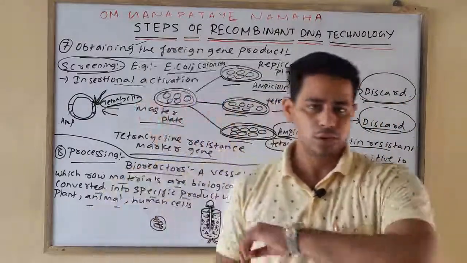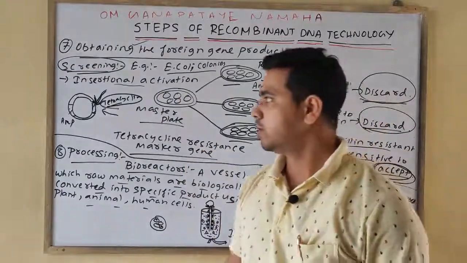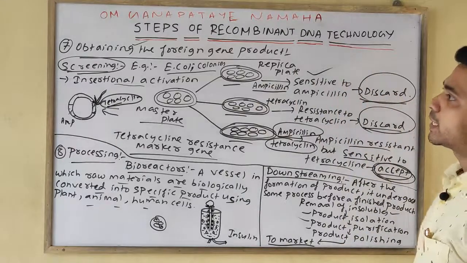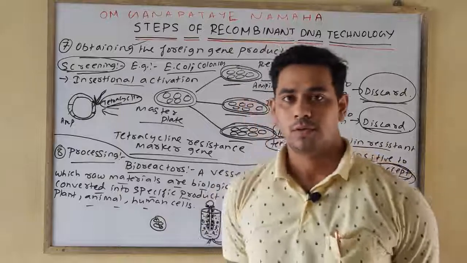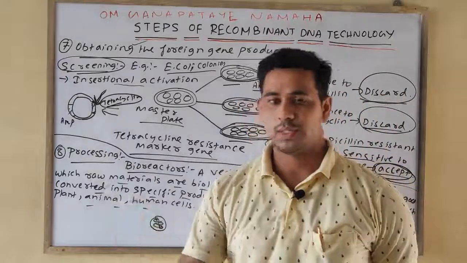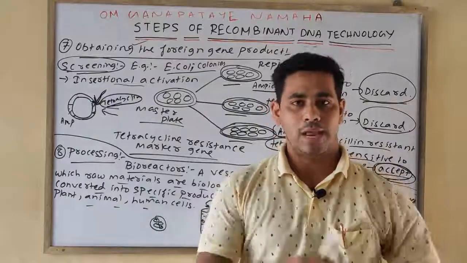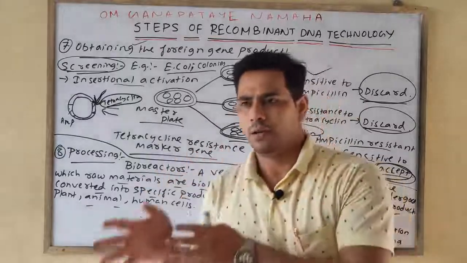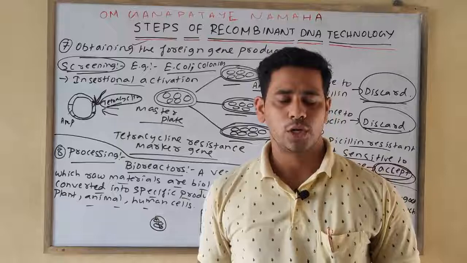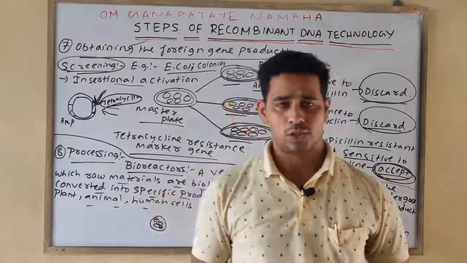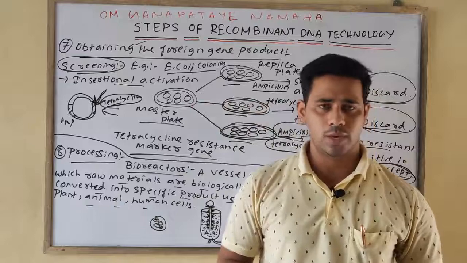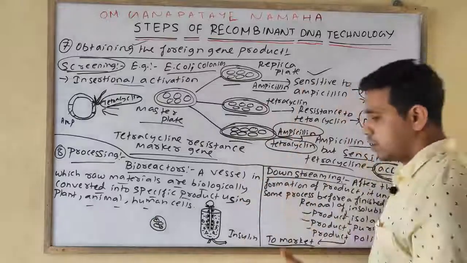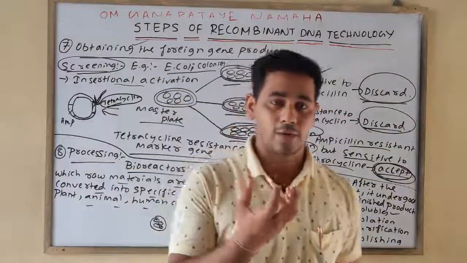Okay, so today we discussed various steps of recombinant DNA technology, in which we described 8 important steps. We described the isolation technique, how we form the recombinant DNA, and how we incorporate or transfer it into the host. It happens by 3 processes: transformation, transduction, and vectorless gene transfer. Next we described how it is transferred, and how we obtain the foreign gene product.